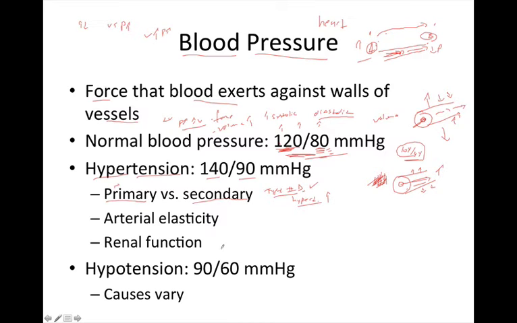Another common cause of hypertension is as we get older, our renal function goes down. And remember before I mentioned that blood volume is a key contributing factor to blood pressure and flow. Basically, if we have an increased volume, we're going to have an increased pressure. Now, this is why the kidneys are the primary long-term regulators of blood pressure, because